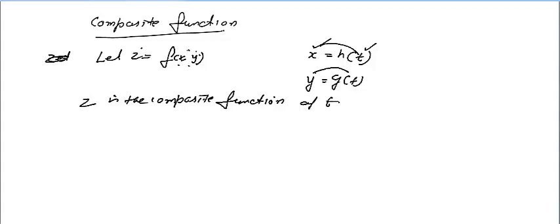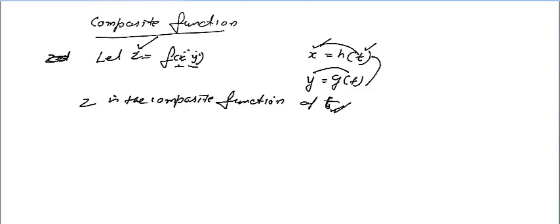Once again, if z is a function of x and y, maybe z may also have more than two variables, and all the variables depend upon the same variable, another variable. Then the main function depending upon that variable, you will name it as z is a composite function of t. First you must know the definition. Correct?